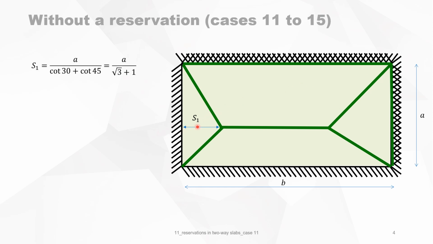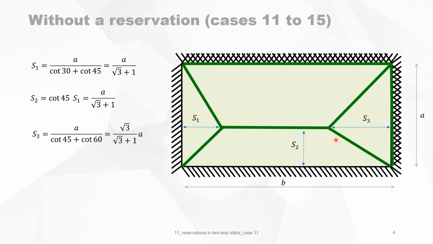This is distance S1, and S1, of course, by the tangens rule or the cotangens rule, is the A divided by the cotangens of the two adjacent angles. It gives you A over square root plus 1. S2 is, of course, the same as S1 because of the angle of 45 degrees. And S3, again, we will use the cotangens rule, and we have this relationship for S3. And S4 is equal to S3 because this is 45 degrees. So we have S1 equals S2